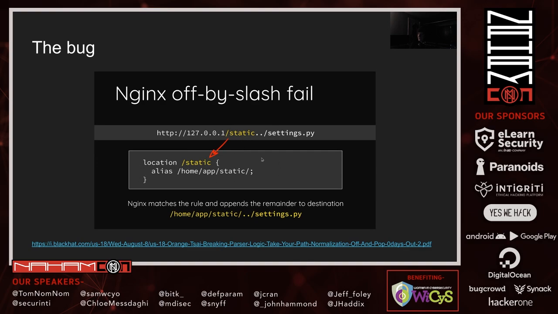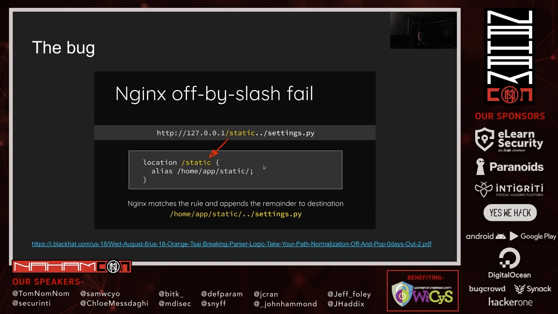So this is a bit of Nginx configuration, which says for the location /static, actually we want files to be served out of this location. And the problem here, and why this is called off by slash, is this location block does not end with a slash. And that means it matches this URL here, and everything after the static gets appended to the real path like this, which allows path traversal. So this is what we're looking for, this /static. I want as many of the possible locations for this as possible.